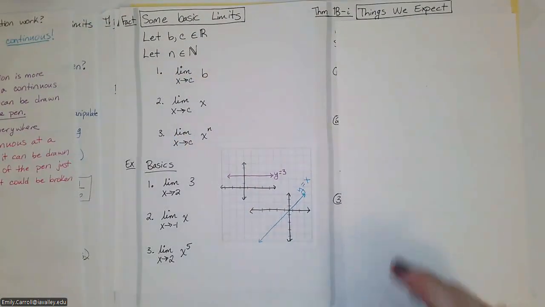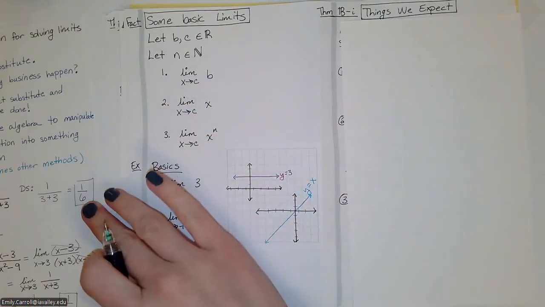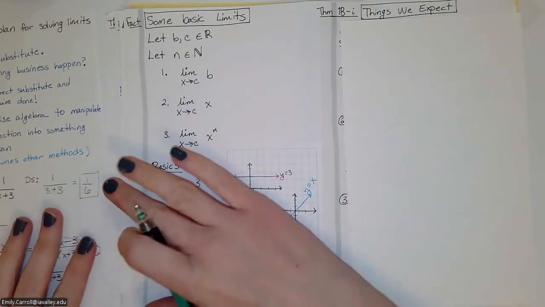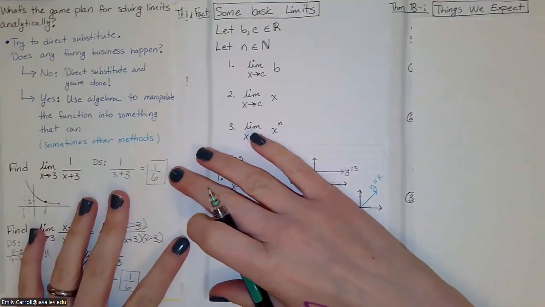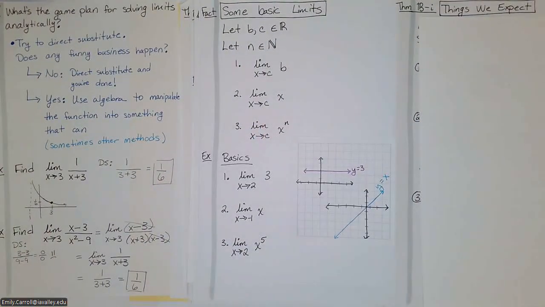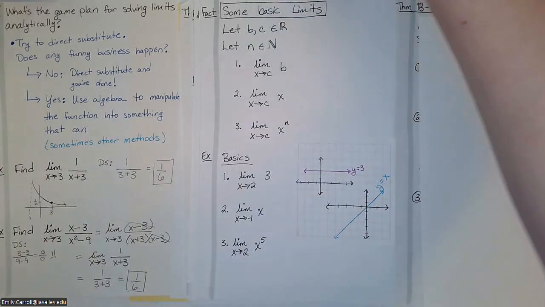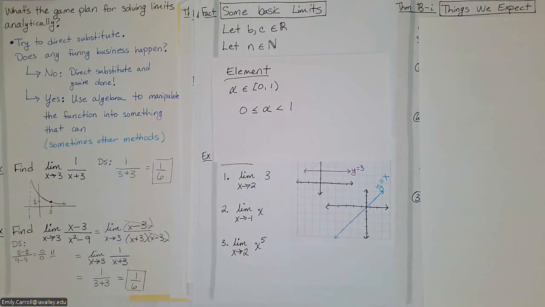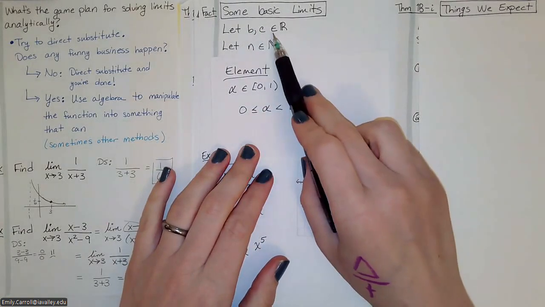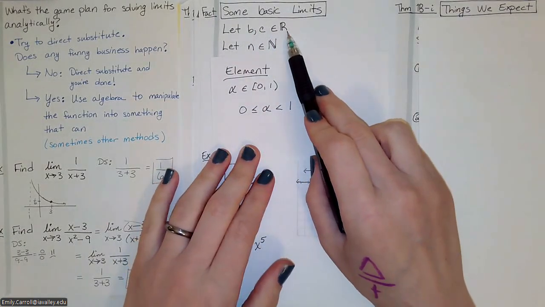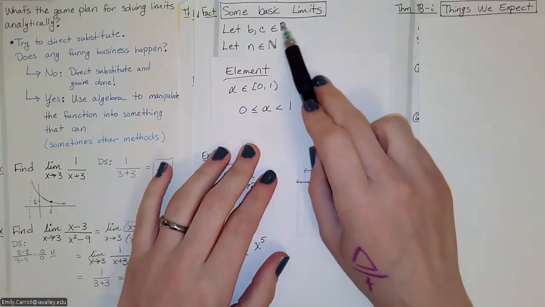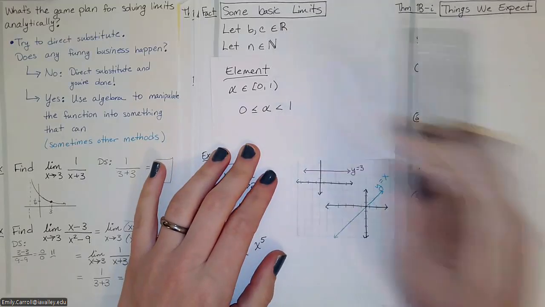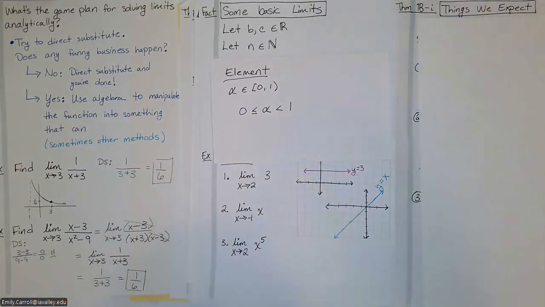Cool. So here's some basic things we're going to want to know about our limits. Slide that over so you can still see. There we go. Oh man, I've got a bit of wonky notation here. I talked about this element thing before. When I say let B and C be an element of, well, that's a funky looking R. This R, this is called blackboard bold. That means all real numbers. So what I'm trying to say here is